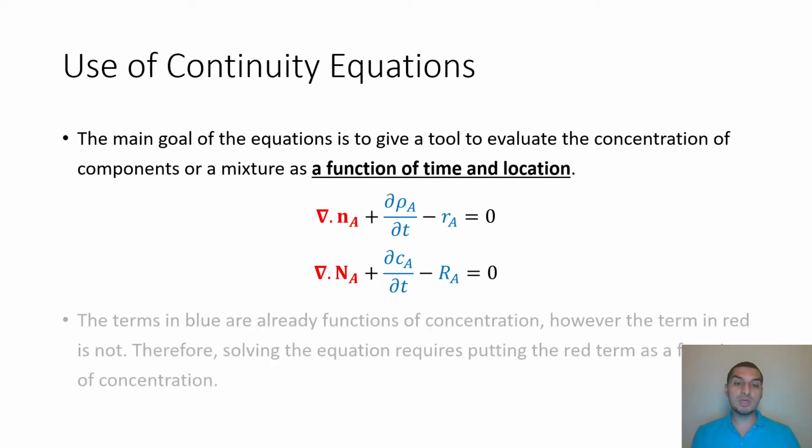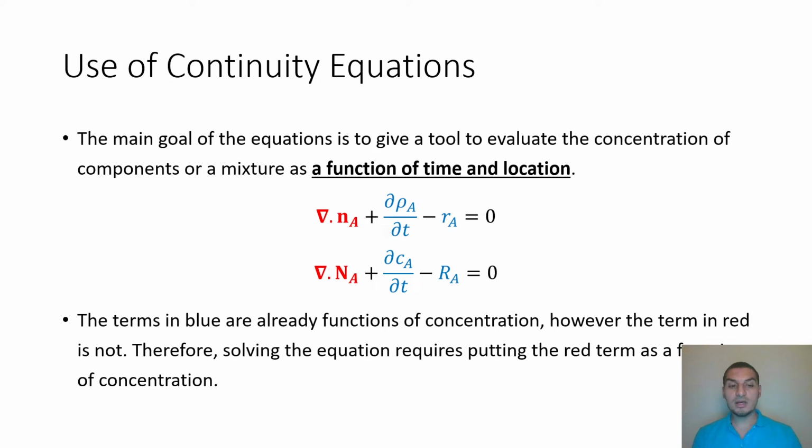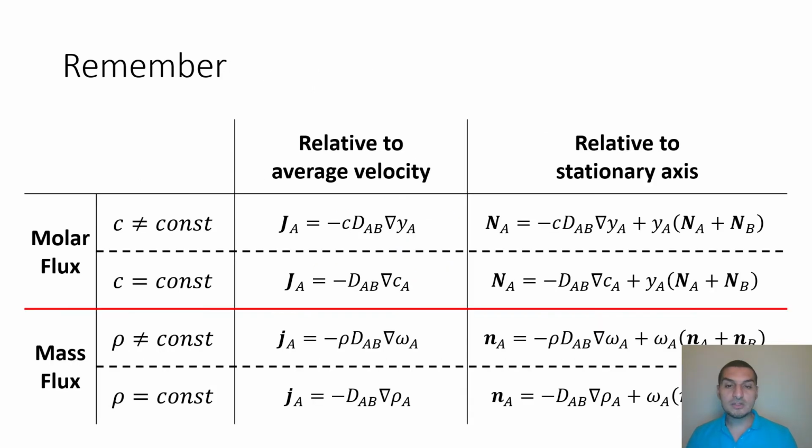So one thing that we can do is, for these terms in red, we can put the definition of the flux, and then see how the equation will look like, and then check if the equation now satisfies our last point or not. So we need just to go back to this table. This is the table that we showed in chapter 22, the first chapter in mass transfer in the textbook, and